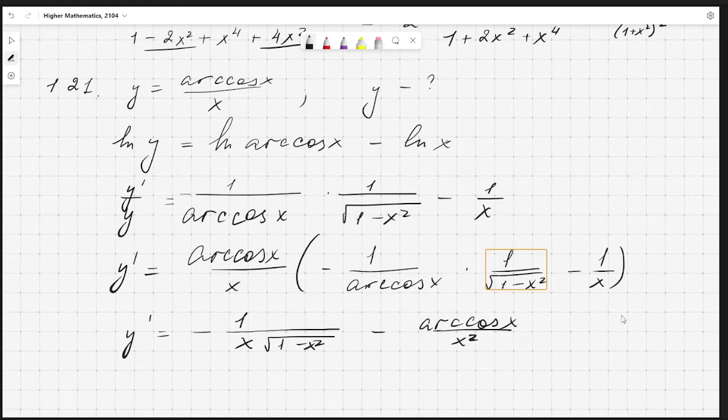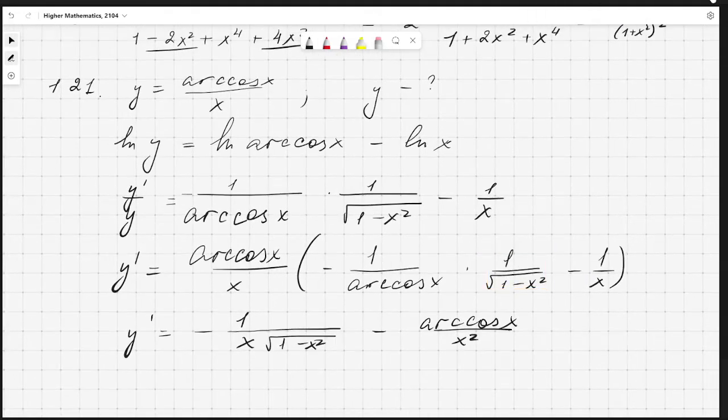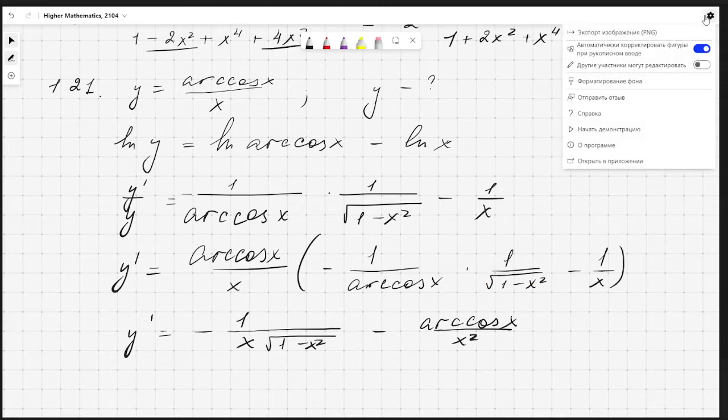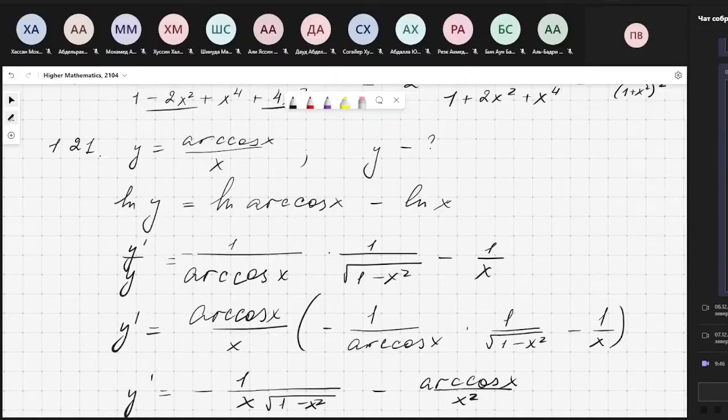Very easy. Do you understand the solution? Yes. Okay. Now I give you the photo of both in the chat. You can do it yourself if you will use